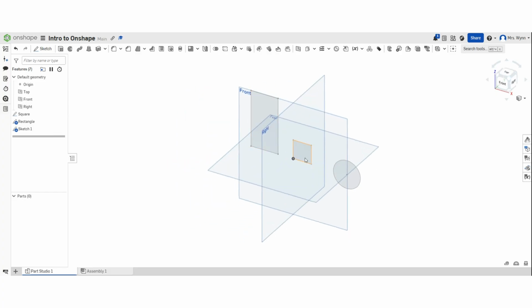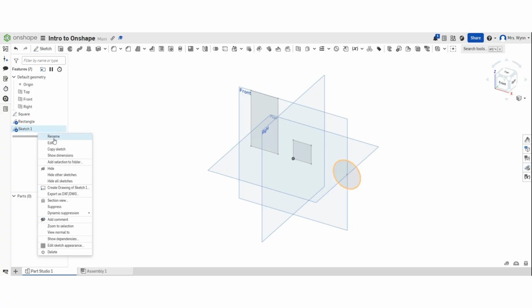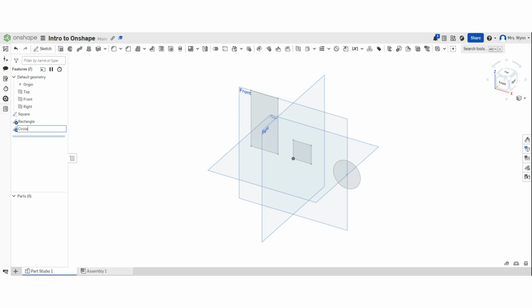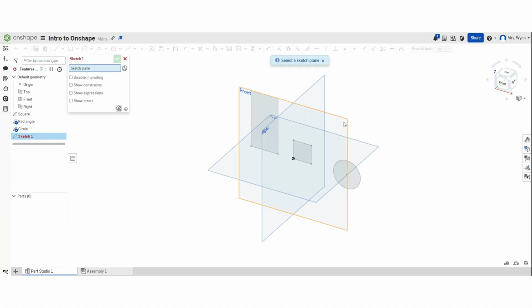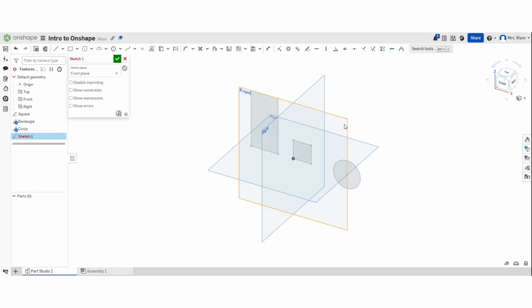And now we've got our rectangle, circle, and our square. I did not label this one, so you can always right click on it and rename it Circle. Okay. So you can see here, we are starting to accumulate some sketches. The last sketch I'm going to have you do for this section of your assignment is going to be an equilateral triangle in which each edge is 1 inch long. So I'm going to click on the front face again, create that sketch 1. I'm going to name it